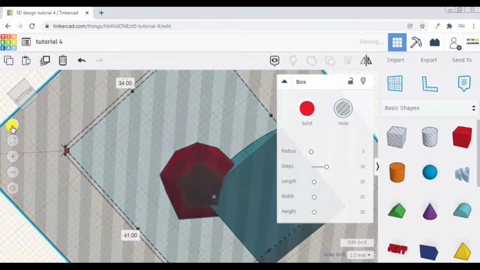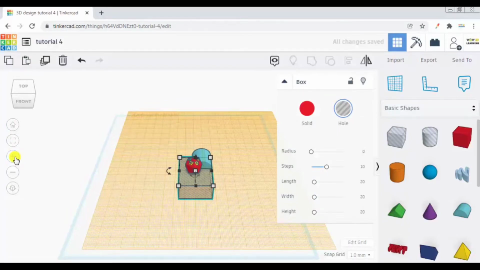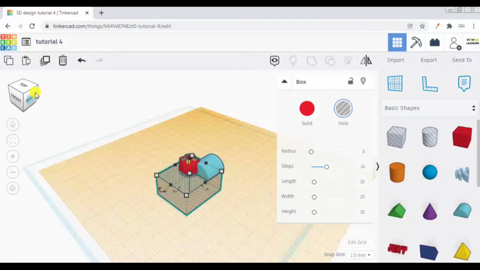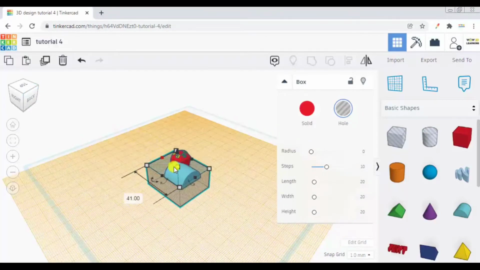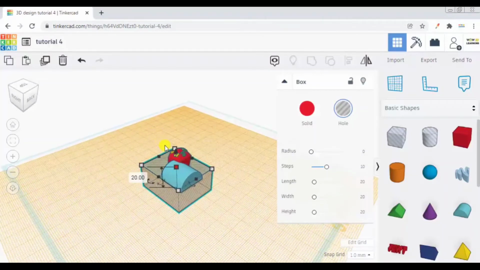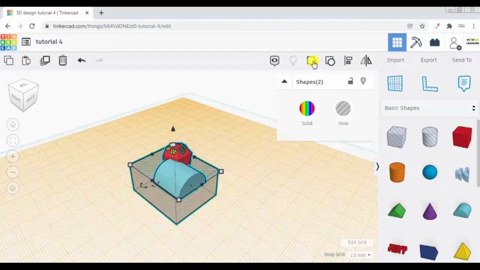After I put up my hollow cube, let me increase the size of the hollow cube and let me go to a home view. A little bit of zoom in. Change the orientation to see how it looks. Some more zooming in. So now after we have placed a plain box at the bottom using the work plane function on the bottom of the roof as a reference, now we will select all the shapes together and we will press grouping.